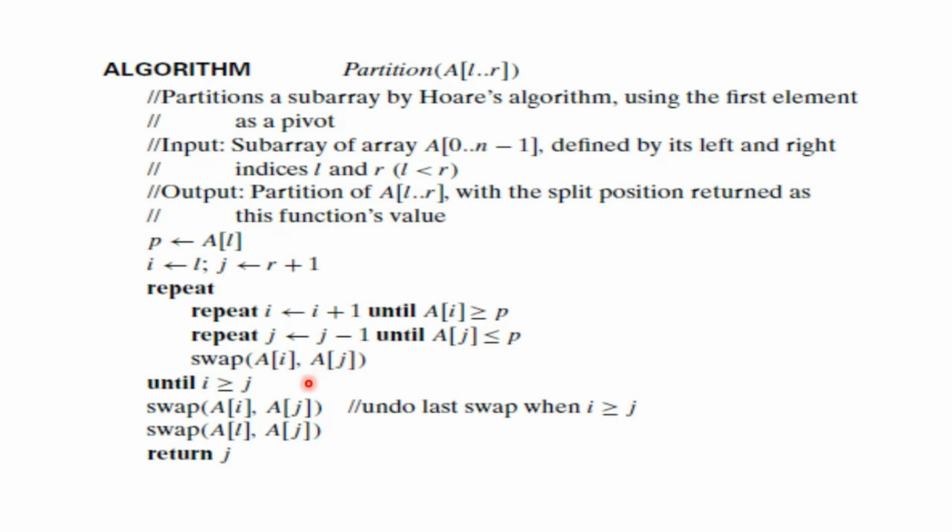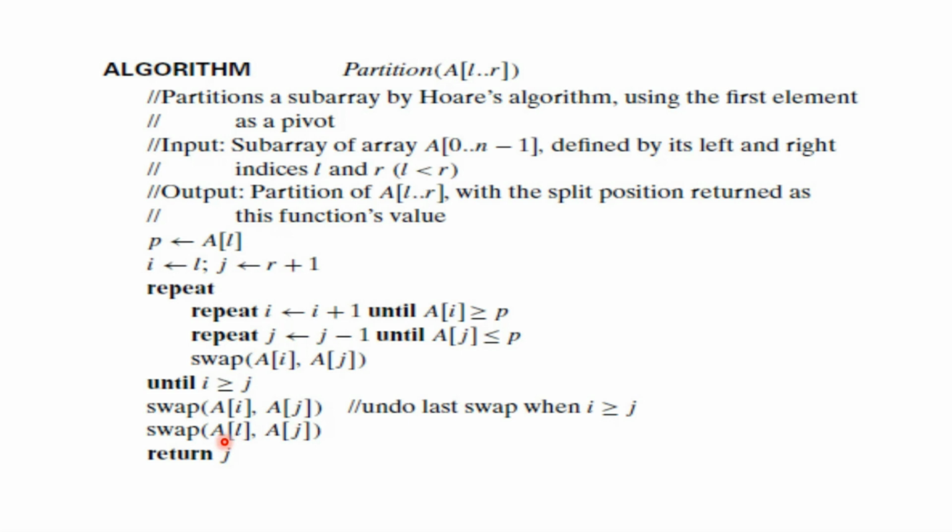So we know there are three cases. The third case we are going to merge with the second one, that is with i greater than j. Now, when i was greater than j, you actually do not do a swap with the ith element and jth element, but you need to swap the pivot element with the jth element. So that one case in which you have done an additional swap, you are going to undo. So swap A[i] with A[j], undo last swap.